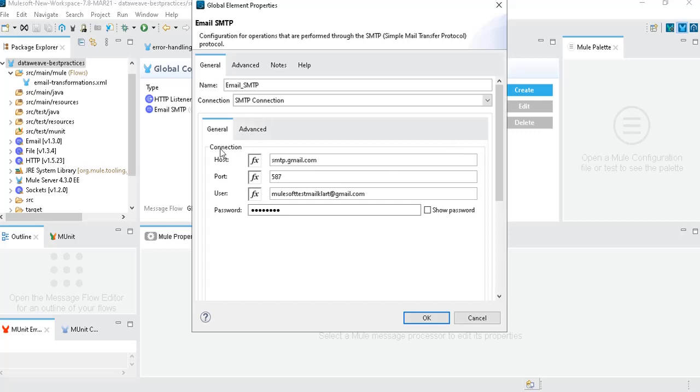Here in host you need to give smtp.gmail.com. These are predefined values. For port you should use 587. Okay, and you need to use your Gmail ID from which you are going to send, and your Gmail account password here.